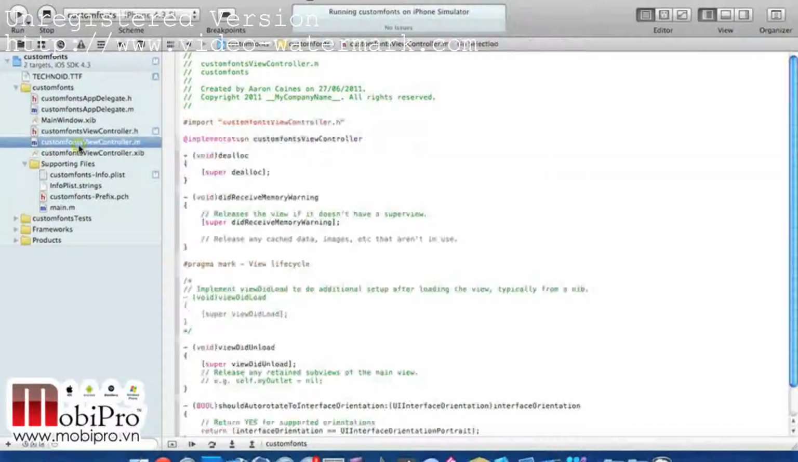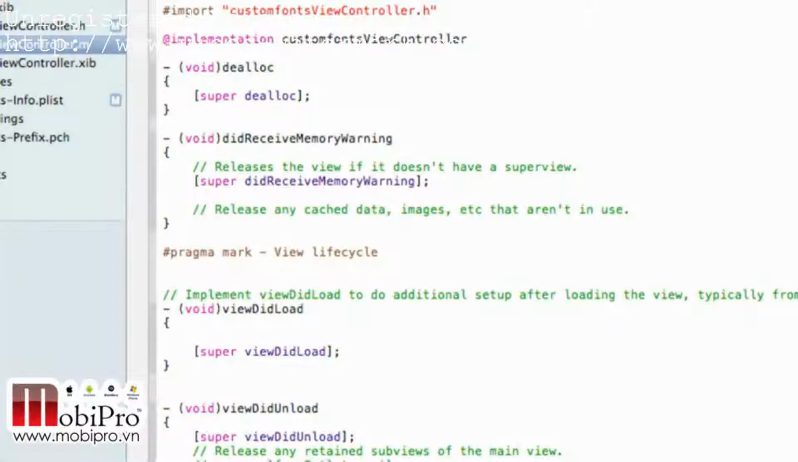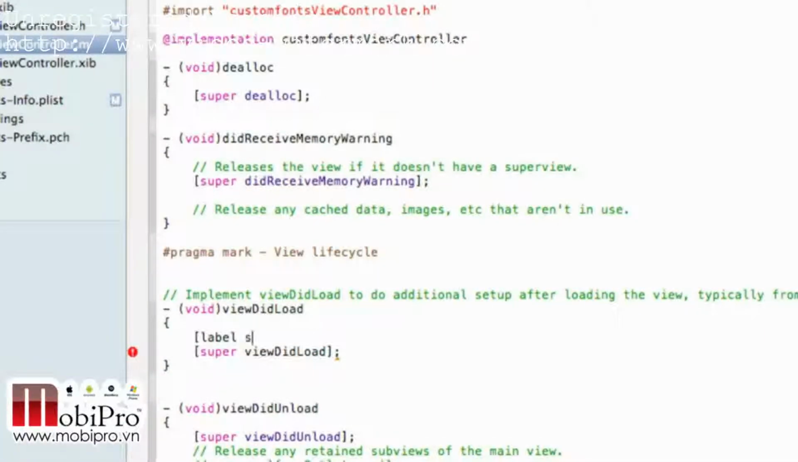Now if we go to our CustomFontsViewController.m, we need to uncomment the viewDidLoad, which is just here. I'll zoom in for you. Simply get rid of the two comment markers at the start and the end of it, and just after the first curly bracket we need to type in bracket, then the name of our label, which I named label, space setFont,